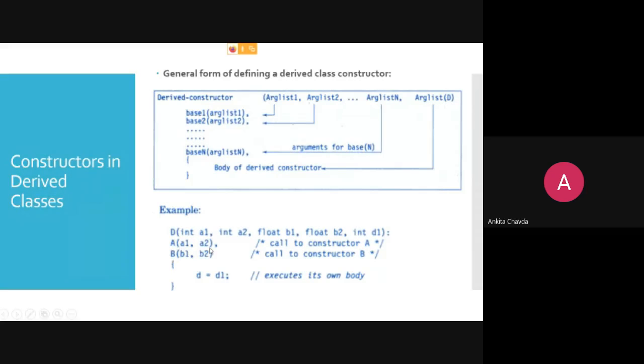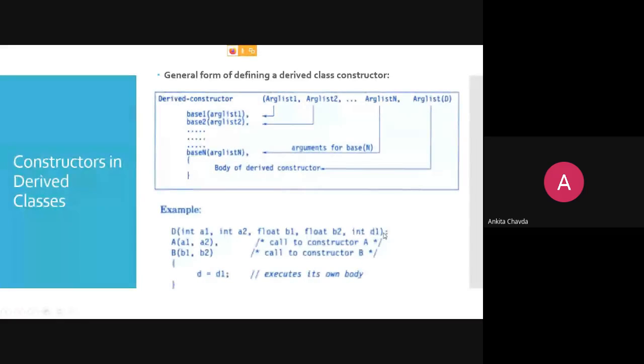So here first class A of a1, a2, comma, B of b1, b2, and like that. But you have to give the arguments in that order only. If you want to call your B class constructor first, then you have to write B first and its variables first, meaning float b1, float b2, then integer a1, then integer a2, and then integer d1. This is how you need to write the variables.